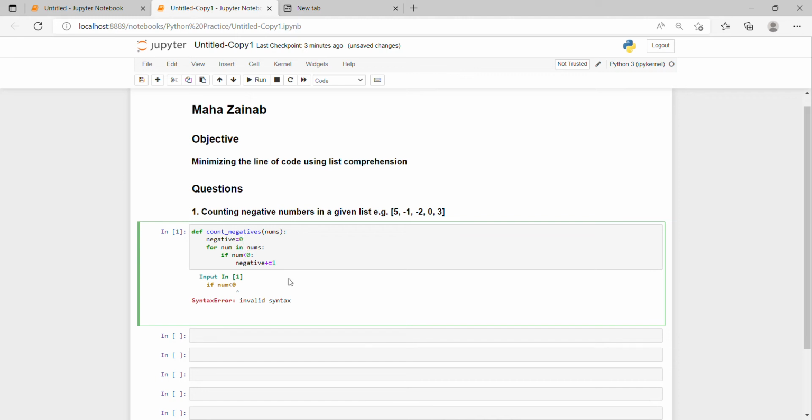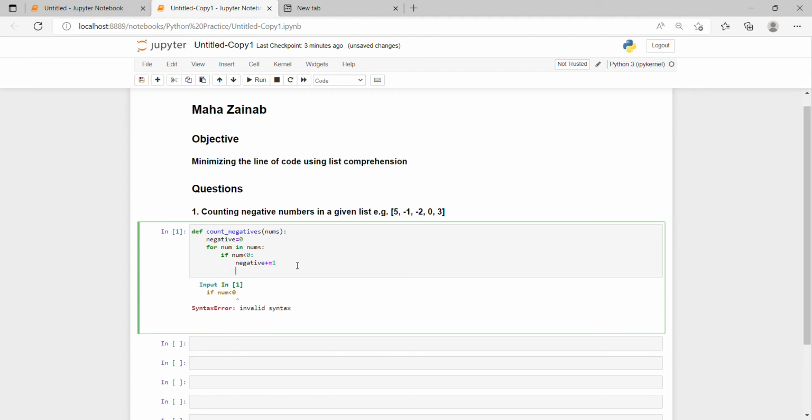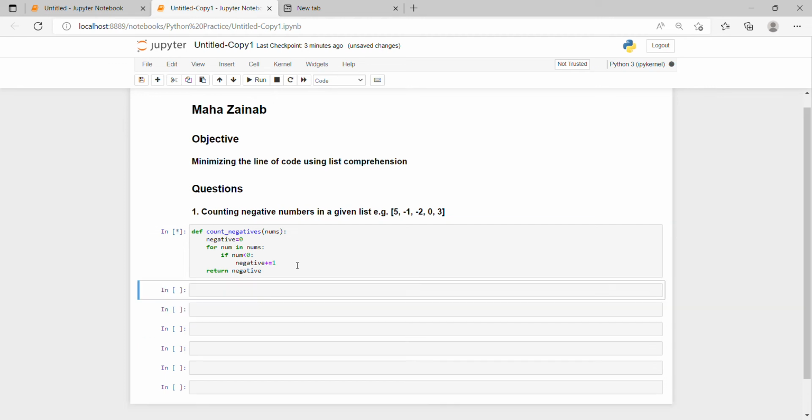If the case is true, the negative count will be updated by 1, and at the end we'll just return negative. This is the normal approach most students use. Let's call this function count_negatives,